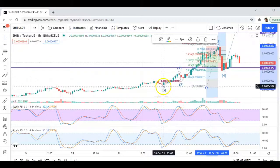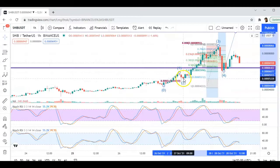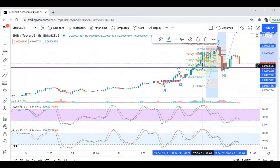There we go. So if you start from here and go up to here and then back down to here, this pullback is roughly 50% of this first wave, and that's a classic wave 2. I'm going to move it a little bit, say there. This is going to be a little bit off because I drew it on the 5-minute chart. But somewhere in here, the height of wave 2 is 50% of wave 1, and the height of wave 4 is roughly 50% of wave 3. Your big move up is always wave 3, and then wave 5 hopefully gets up to 1.6,